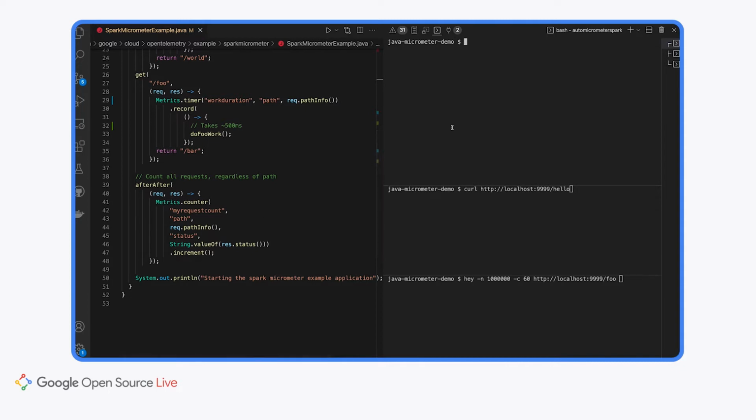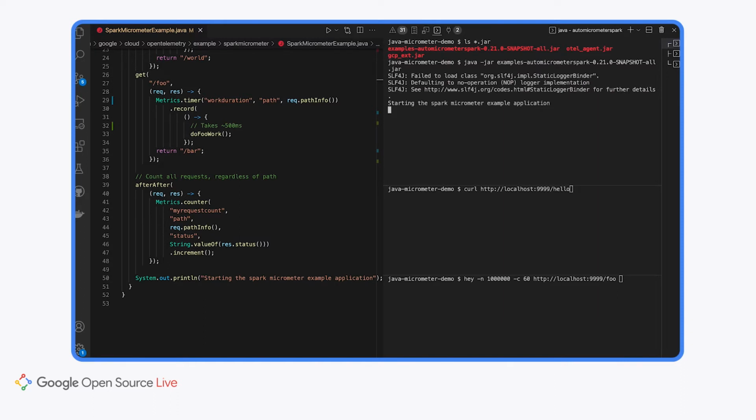Cool. So let's start out just by running the application. I've already built it, so you can see I have these jars present. This is the jar for this example that we're going to run. And I have the OTel agent and the GCP extension for the agent that I'm going to use a little bit later on. So first, let's just start the example app. It starts right up. And this is not going to be sending metrics anywhere. We didn't tell it to send anywhere, but the web app should work nonetheless.